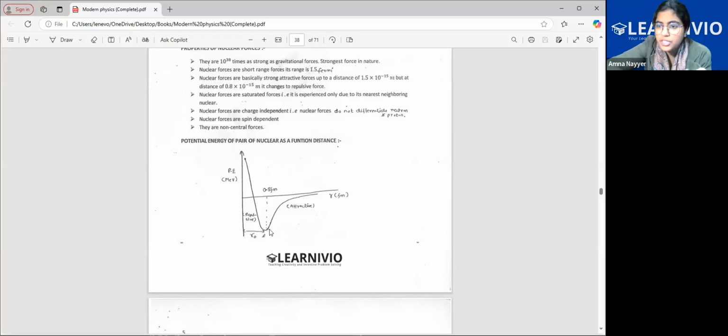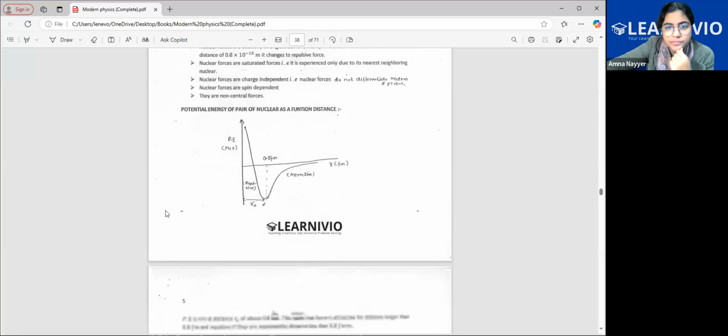For potential energy, the more negative it is, the more attraction there is, and the less negative it is, meaning the more it is inclined towards positive, the more repulsive its nature. For potential energy, the negative part is better. So here there's a peak obtained at 0.8 Fermi meter. This distance is 0.8 Fermi meters. See, it's written, and then it decreases. This is what the graph is all about.